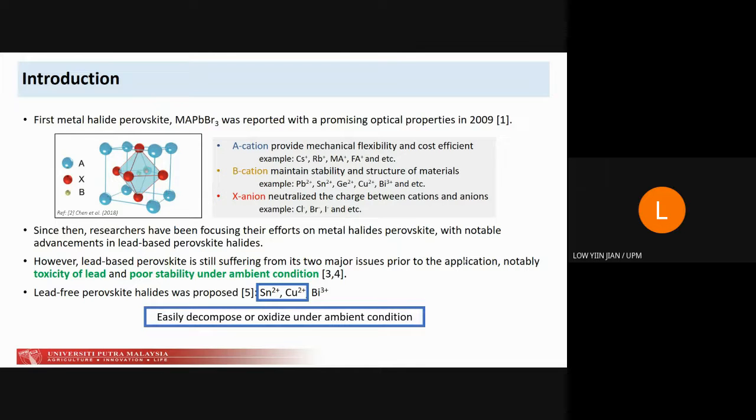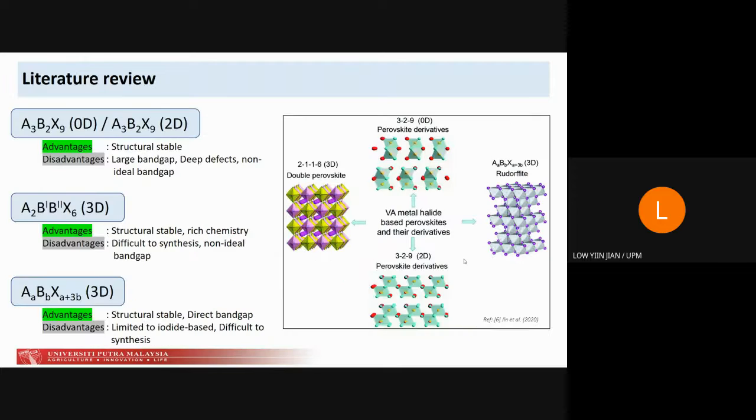Hence, Bismuth 3+ is recognized as an alternative replacement for lead, due to its similar electronegativity, ionic radius and electronic configuration to the Pb2+. And relative to the bismuth-based perovskite halides, there are three main types of structure discovered so far, and each of them has its own pros and cons. In general, all of the structures benefit from promising stability, but each of them suffers from disadvantages: a large band gap, deep defect, and non-ideal band gap for the 329 structure, difficulty in material synthesis and non-ideal band gap for the 2116 structure,